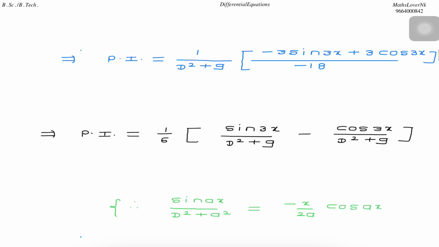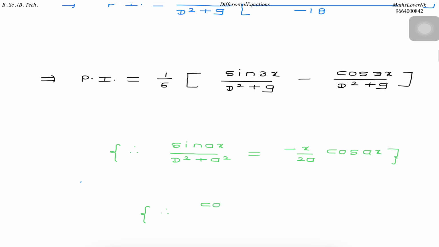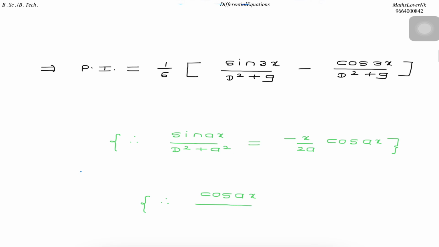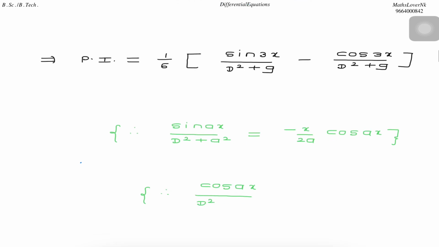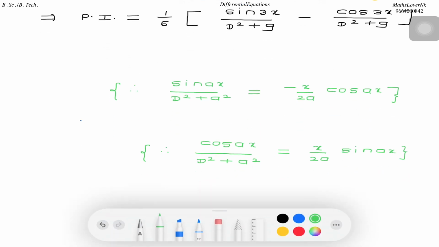And the second one: if cos ax upon d square plus a square is given, then x upon 2a sin ax is the solution. We apply both and solve, then we get PI is equal to